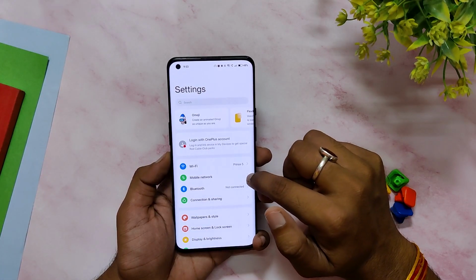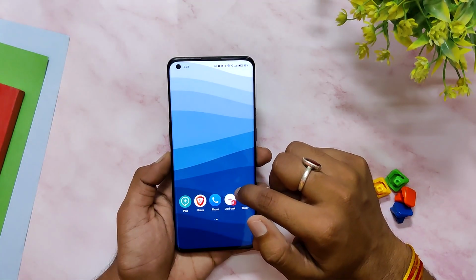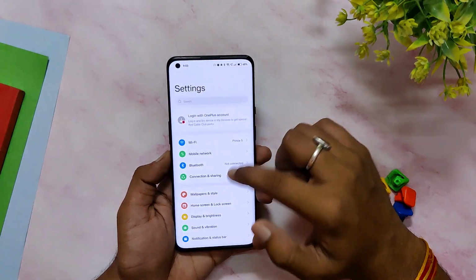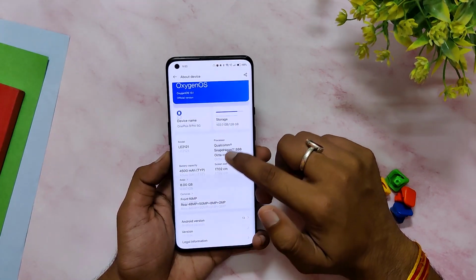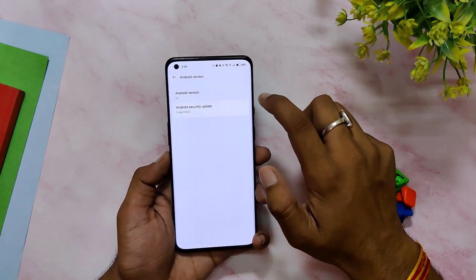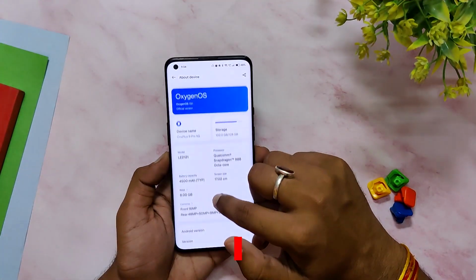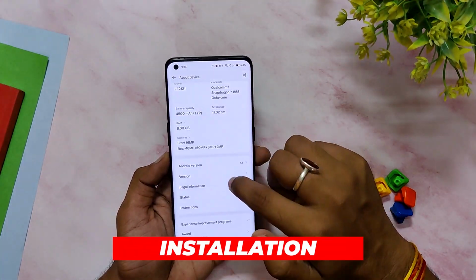So first of all, here I have my OnePlus 9 Pro running the latest OxygenOS 13.1 build, and if I go into the about info section, you can see that the version is 13.1 and the security patch is April 5th 2023. I have received the OTA update for this build, but if you are someone who has not received the OTA update,